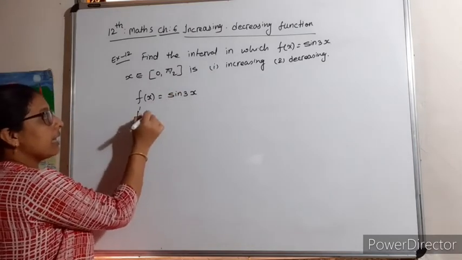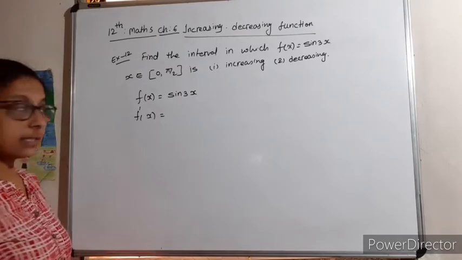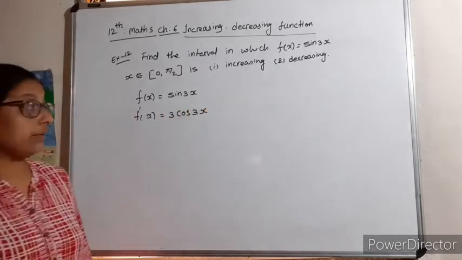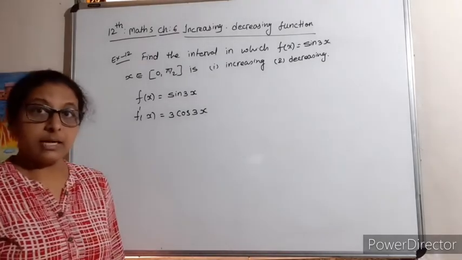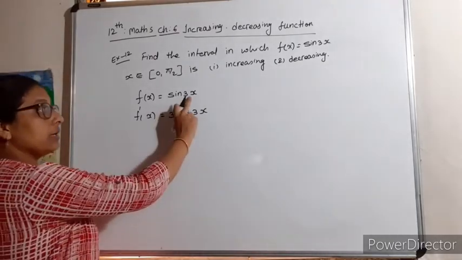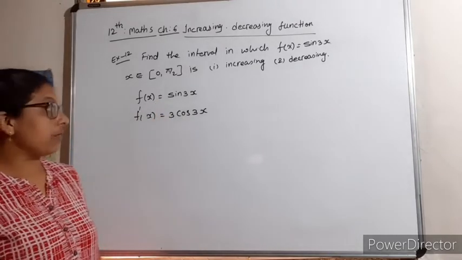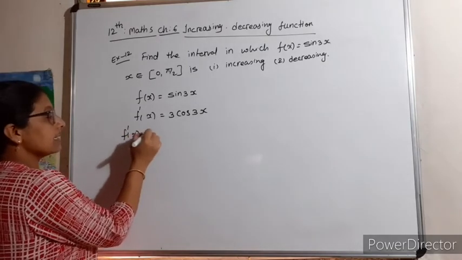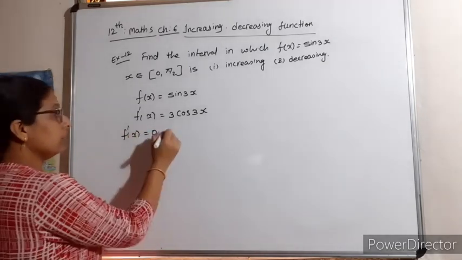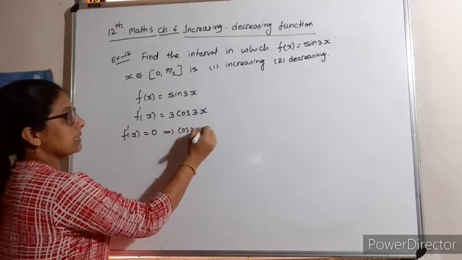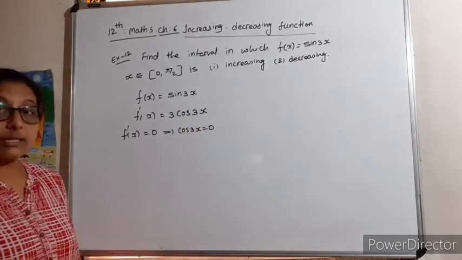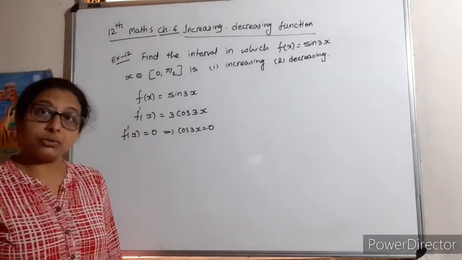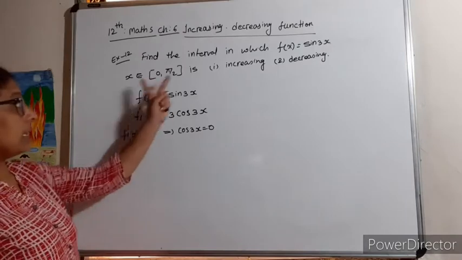Then shall we say that f dash x equal to what? Yes. F dash x is 3 cos 3x. The derivative of sin 3x is cos 3x, into, chain rule से use karo, the derivative of 3x is 3. So we'll write 3 cos 3x. Now if we let f dash x equal to 0, then we can say that cos 3x is equal to 0. And cos 3x 0 कब होगा? Whenever it is (2n plus 1) pi by 2, n belongs to Z, but हमें लेना है क्या?